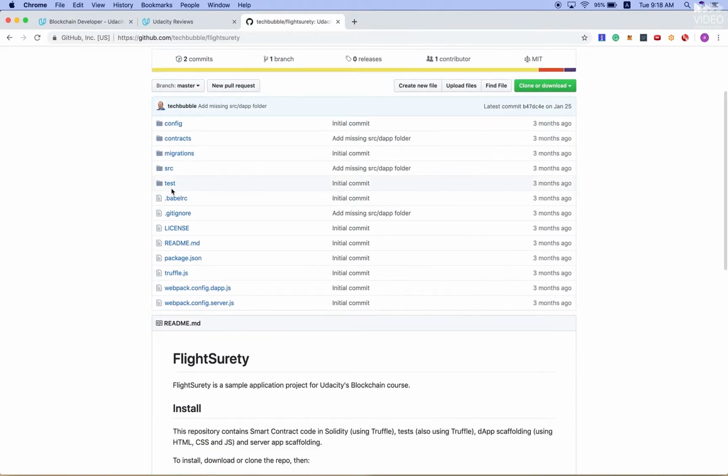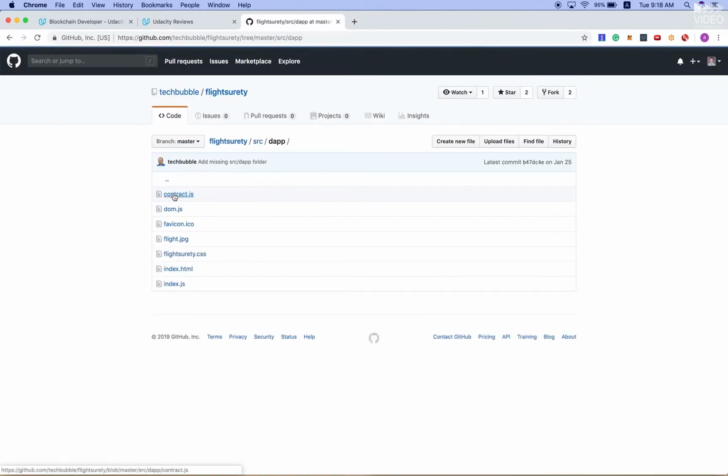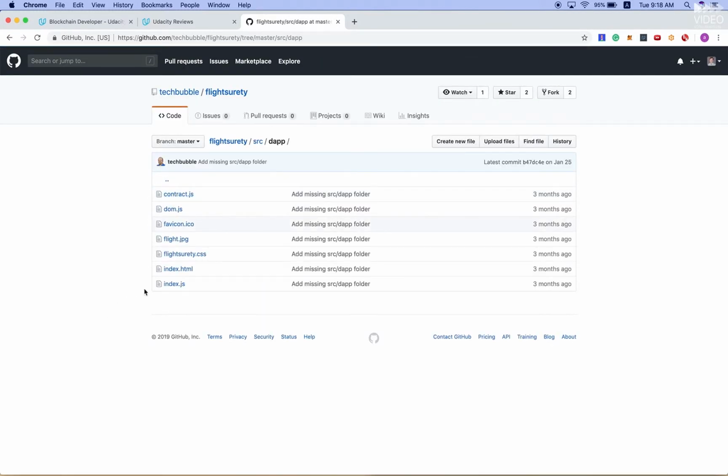For working on the front end, I suggest that you just use the DApp, and the only files you are going to need to modify are index.js, index.html, and the CSS if you want to make it pretty. I really hope you try to modify the CSS and make a really beautiful app. It's really important. And contract.js, so those are practically all the files that you need to work on.